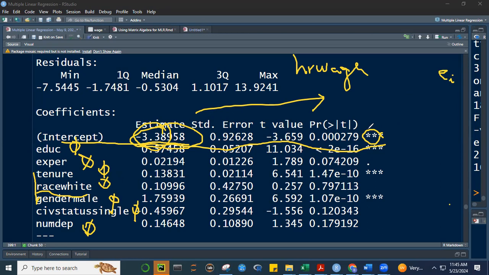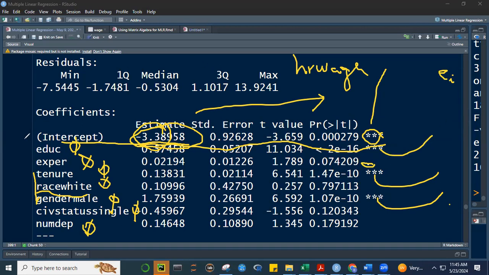So those four parameters that I included: intercept, education, tenure, and gender. We're not including